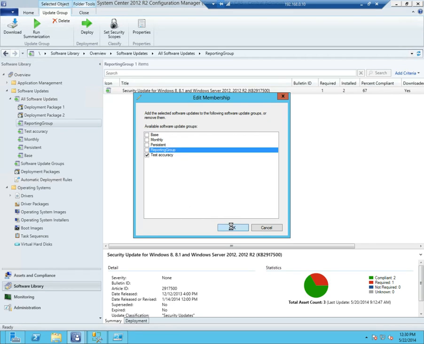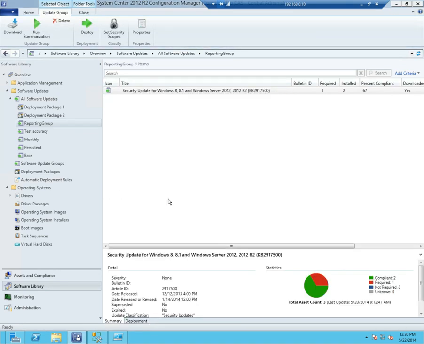Reporting group. Okay, so here's the idea. One of the customers that I work with has a need, and this hits a lot of customers, to comply with PCI. And I'm not a PCI expert, but according to what they were describing, they really want an all-up software update group that will allow them to see all of the deployments across the board in their environment and report them collectively in the various ConfigMgr reports. Well, that's great